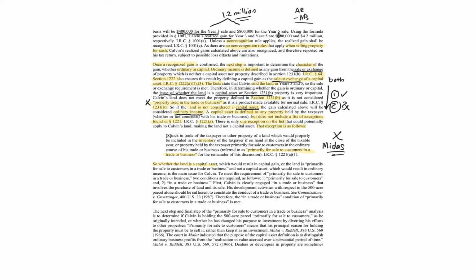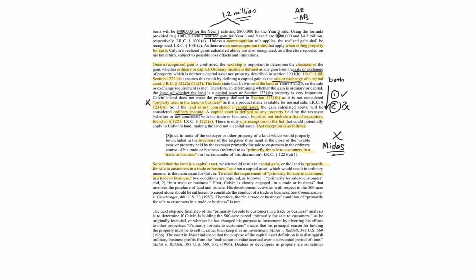But if it's not this exception, then it's considered a capital asset, and it will be treated as a capital gain. And then again, we determine if it's long-term or short-term. Okay, so the analysis will be whether the land is a capital asset, the exception is not met, or the exception primarily for sale to customers in a trade or business is met and it's not a capital asset, resulting in ordinary income to Calvin. So to meet the requirement of primarily for sale to customers in a trade or business,